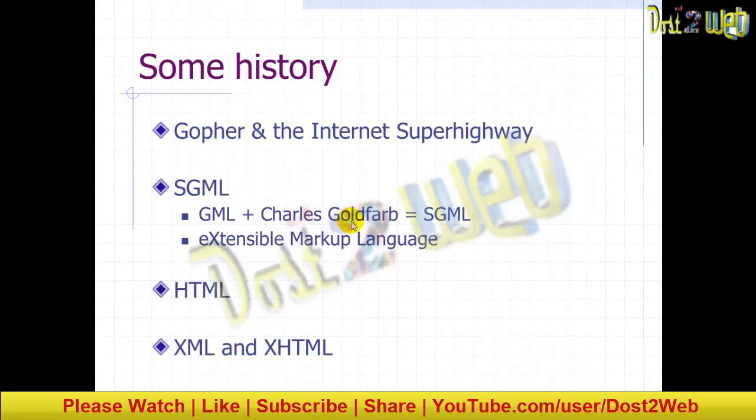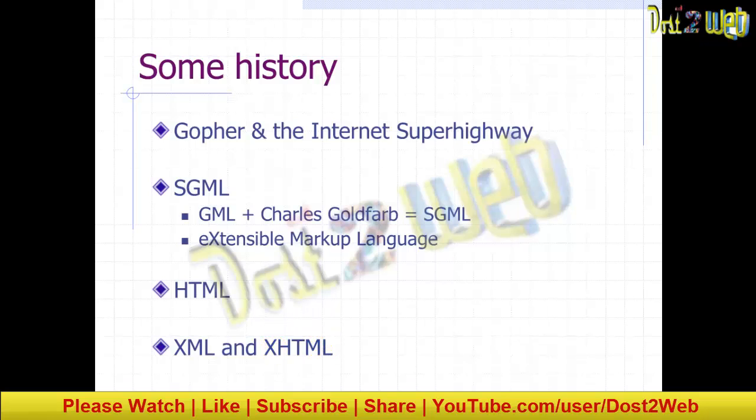After that came HTML, hypertext markup language, followed by XML, extensible markup language, and XHTML, extensible hypertext markup language, which we will see in the next session.